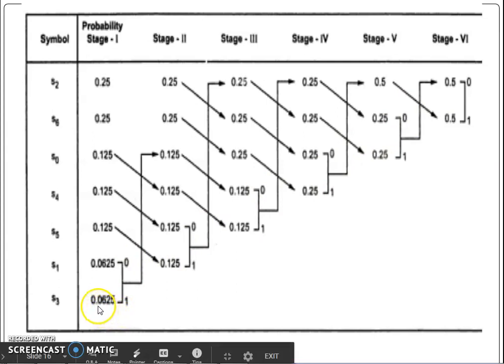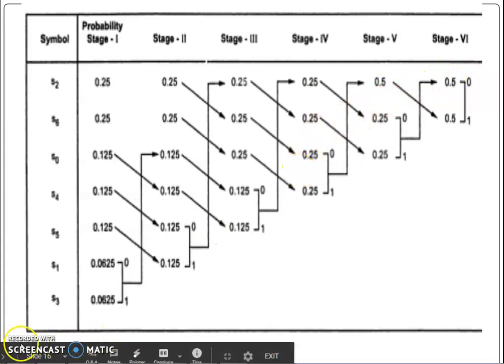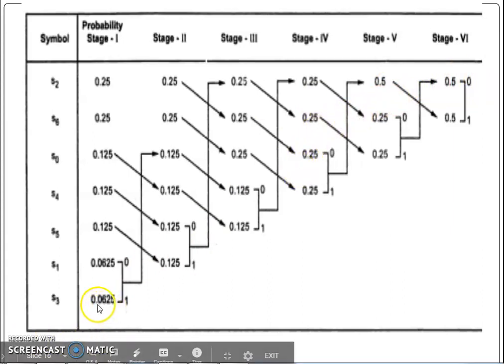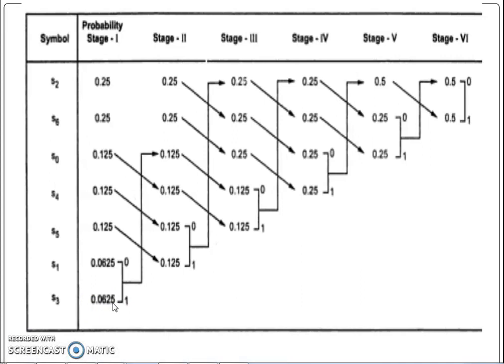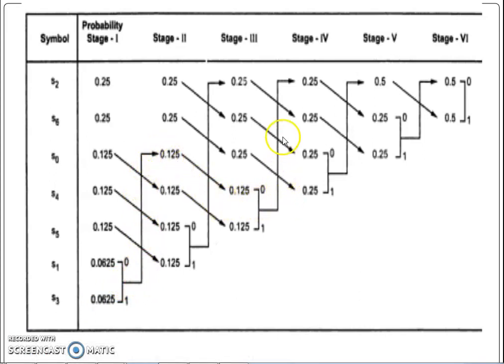Remember, whenever we have to give the Huffman coding for a given symbol or probability, always give the coding from top to bottom. First we will find out the path from bottom to top, but the coding will be given from top to bottom. For example, the path for the last symbol S3, with probability 0.0625, I am showing like this. Here this is the path you will have. But according to the path, whatever bits are coming, that is nothing but the code.